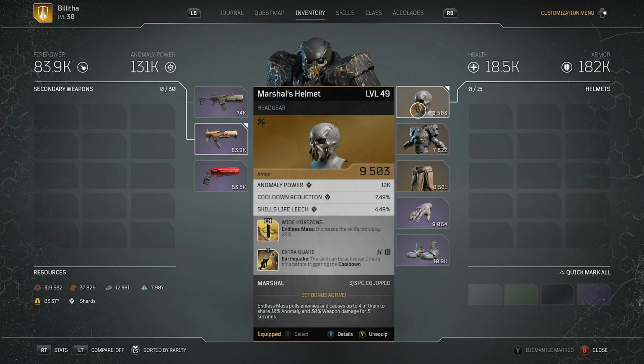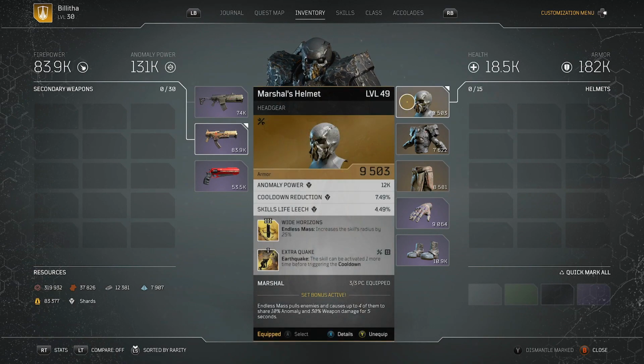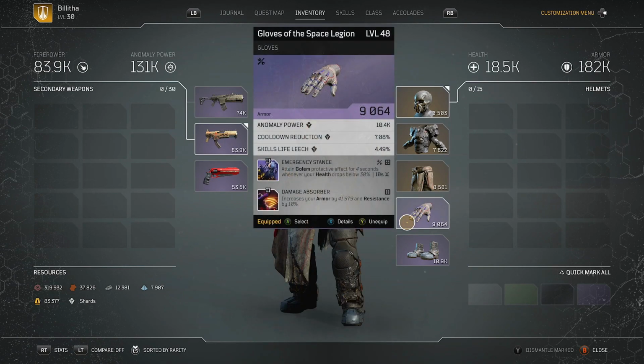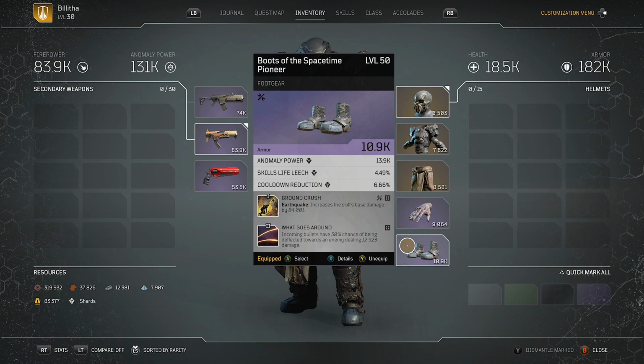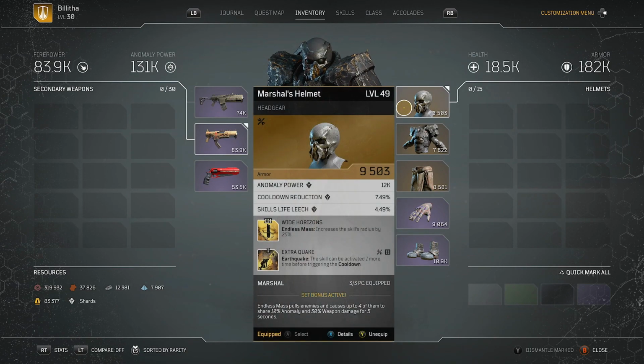I'm running the 3-piece Marshals set, which is not amazing, but it gets the job done, especially for an anomaly-based build. So the helmet, everything on this in terms of gear, just so I don't have to go through the attributes, is anomaly power, cooldown reduction, and skills life leech. Every single last piece has exactly the same thing. I've raised all the attributes as much as I can, and we have the default tier 3 mods on the